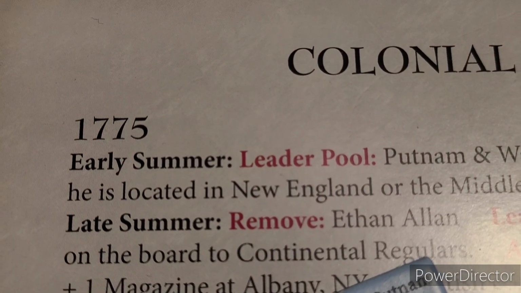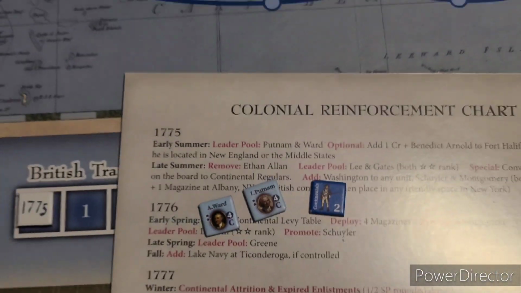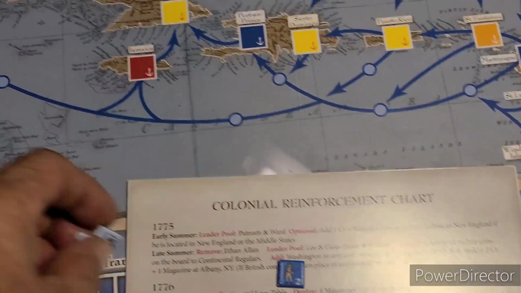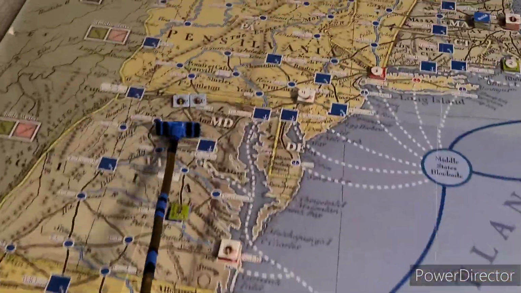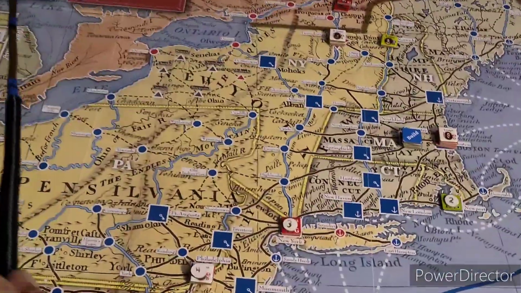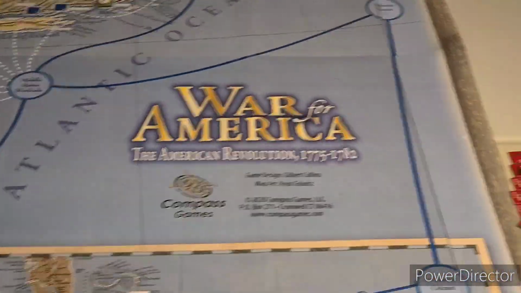All right, early summer 1775 reinforcements for the Colonials will include 2 leaders, Ward and Putnam. We'll put those in the leader box for the Colonials. And since this game is so massive, I'll have to use my old push me pull you. And there you go, on up here to the Colonial leaders box, ready to be deployed. There'll be certain criteria and rules for that, I'm sure. Now we come to the